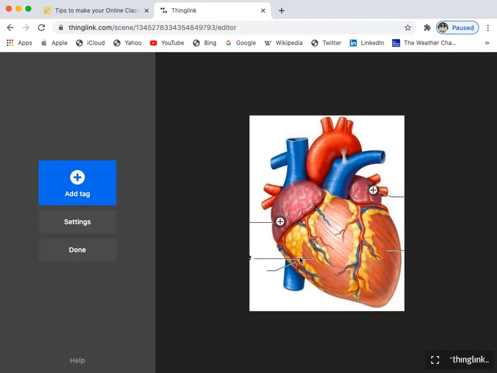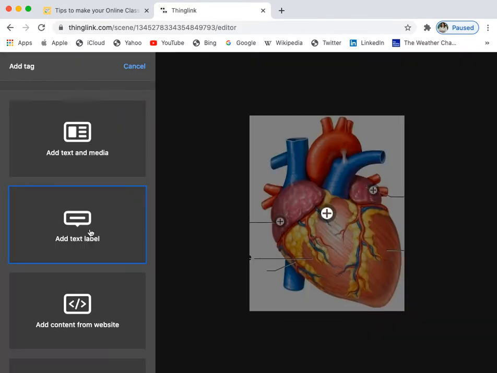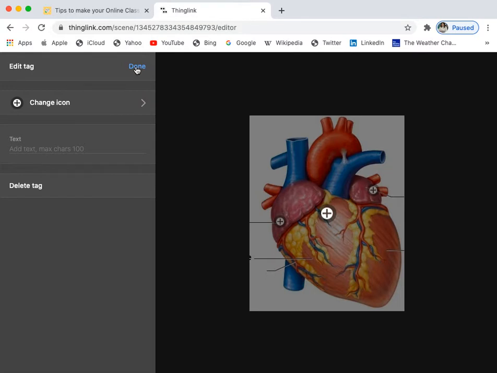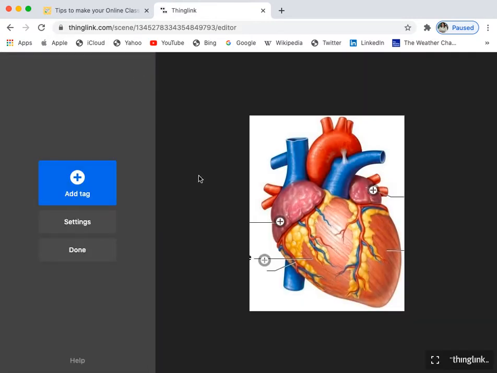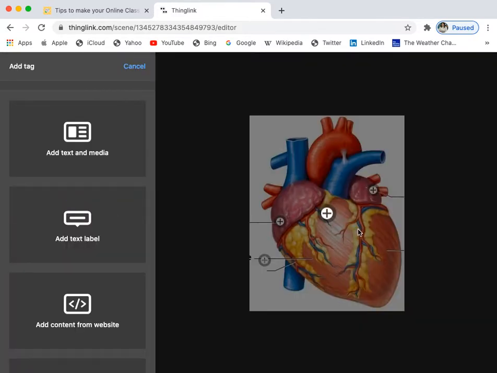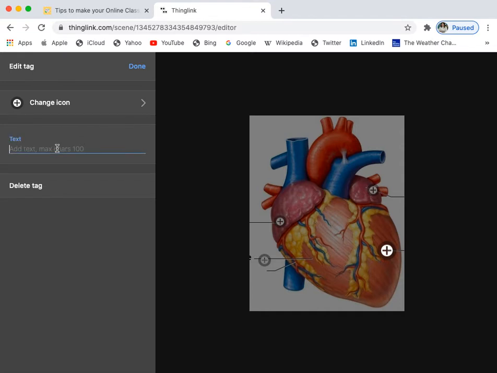And similarly, let me have another tag, because I'll just have a couple of tags just to show you how interactive it can become. So this is the right ventricle. Let that tag come right over there, because this is the right ventricle. And similarly, I'll have the left ventricle, so I'll have another tag right over there, and I'm adding text content, and I'll say left ventricle.